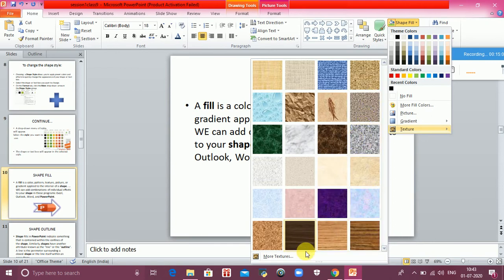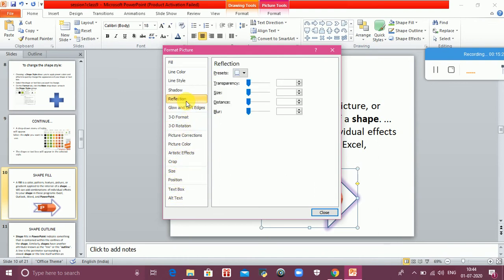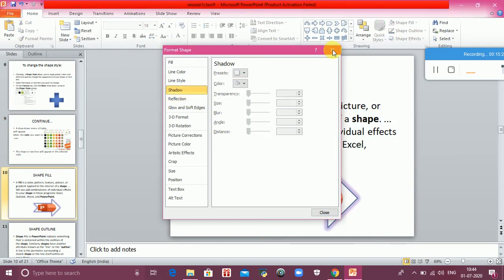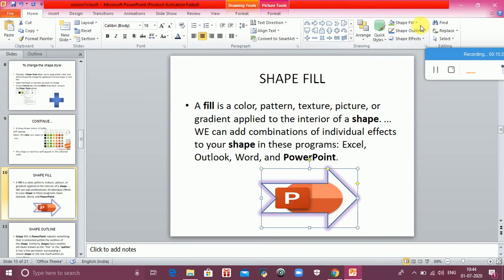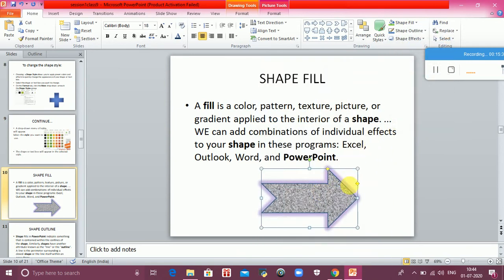You can select any one of them, and for more you can click on more textures. See, a texture is filled in the shape. So this is known as shape fill. When you are filling anything in it, it is known as shape fill. Anything can be a picture, a texture, a pattern, a color, or a gradient.